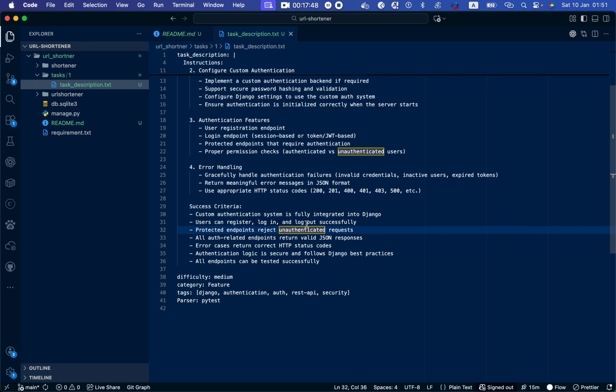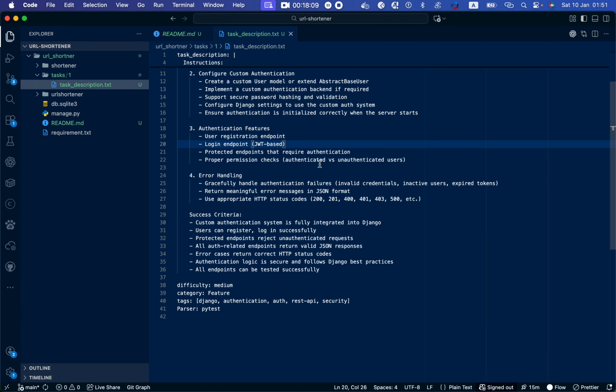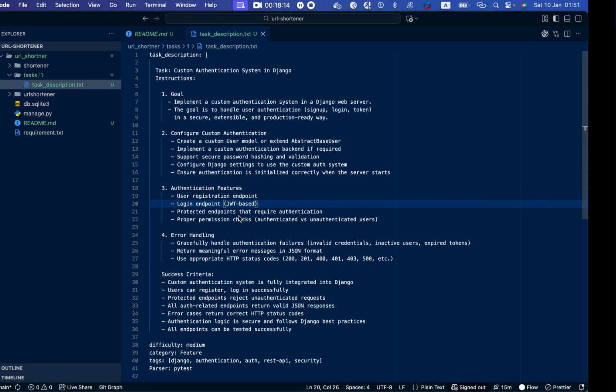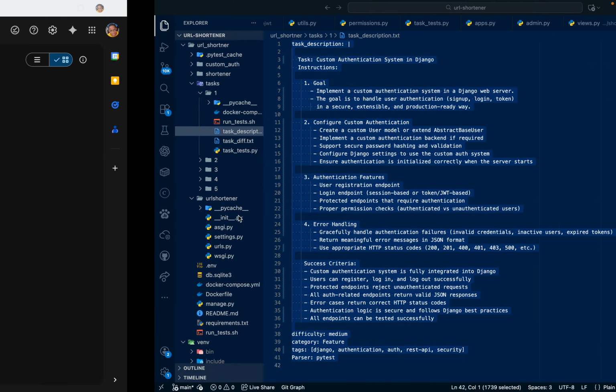User can register, login, and log out successfully. So I didn't code logouts actually, so I can remove logouts. And login endpoints must be session based, or JWT based. So what I coded is JWT based. So all these things are basically what I'm going to implement now. So now that I've followed the instruction, and I know that I'll be coding something like this as a feature,